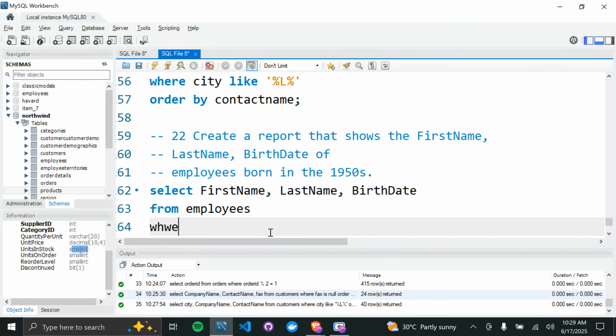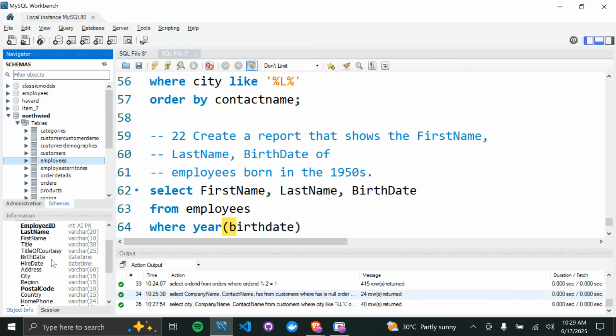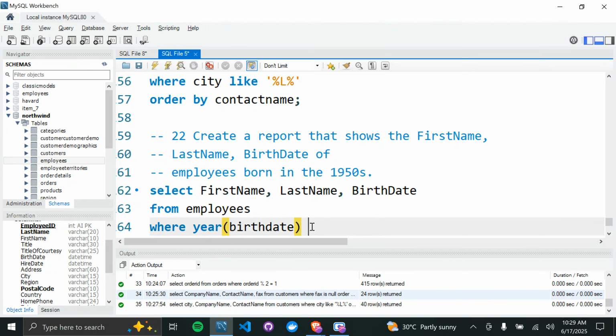So how do we do that? We say where there are a lot of ways to do this, but I'm just going to say where year of birth date. I think there's birth date there. Let's quickly check. Birth date, birth date. Do we have birth? Yes, there's birth dates there. Greater than or equals to 1950